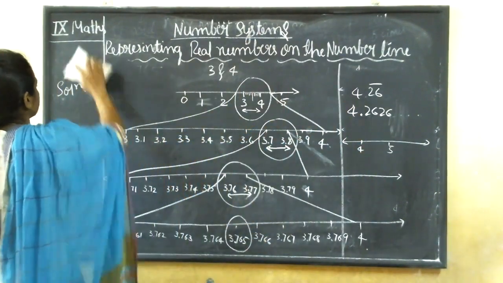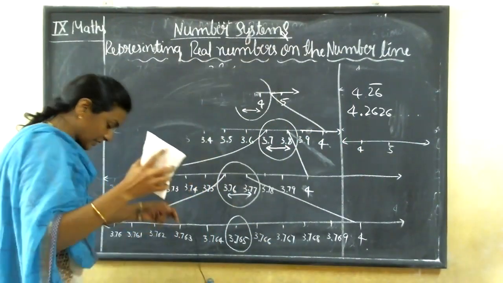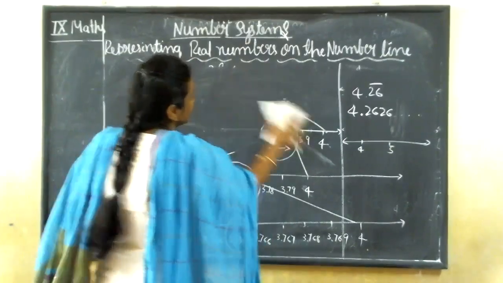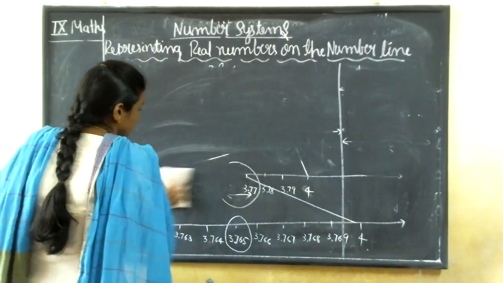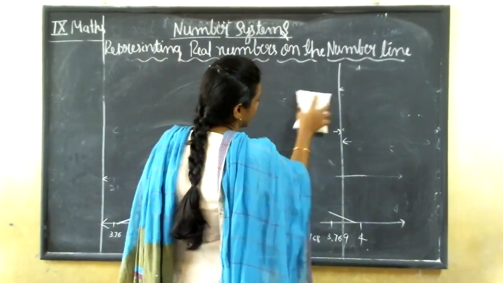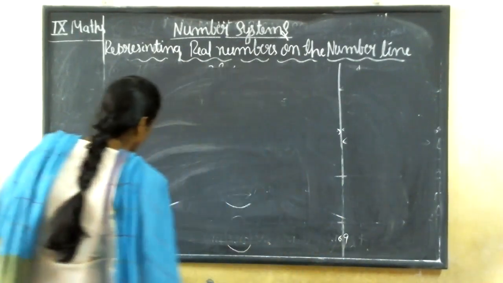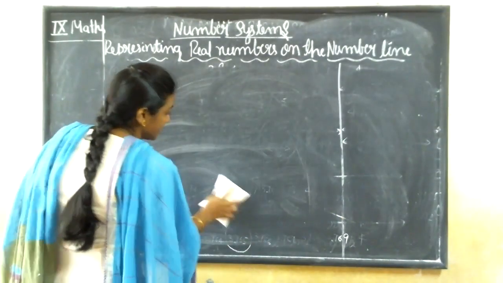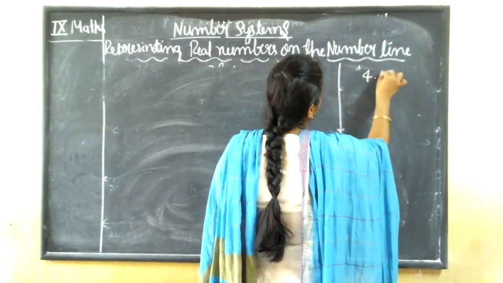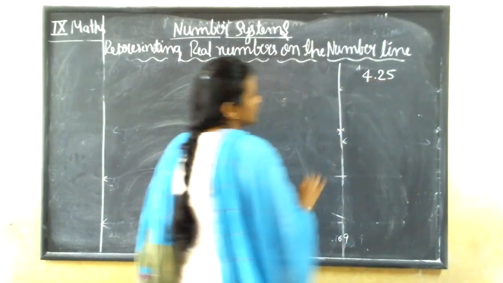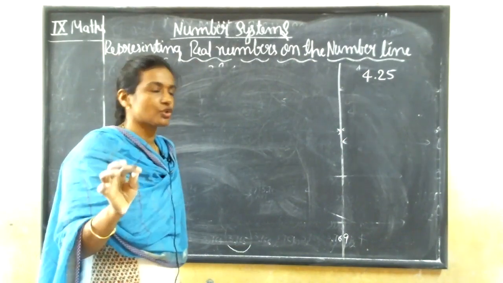Very simple concept it is. Nothing difficult in this. We're just magnifying the decimal digits on a number line. That's it. Just you are going to draw one more again and again. But you have to understand. I know where you guys get confused here. That is in taking the values. If I ask you to represent 4.25 on the number line, 4.2 means that is easy. In one number line you can show.